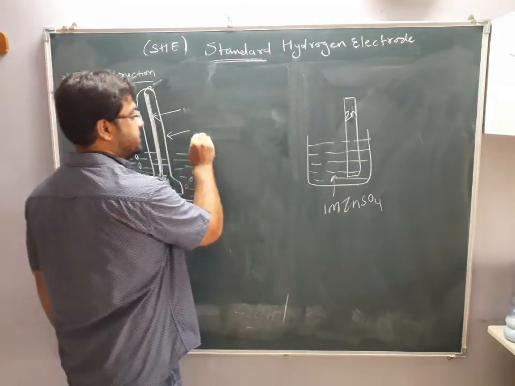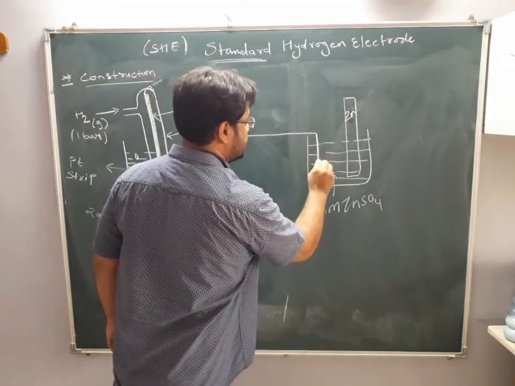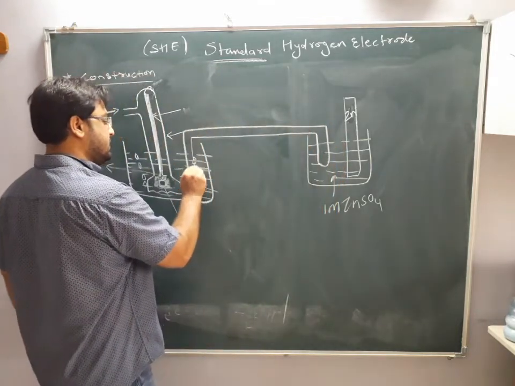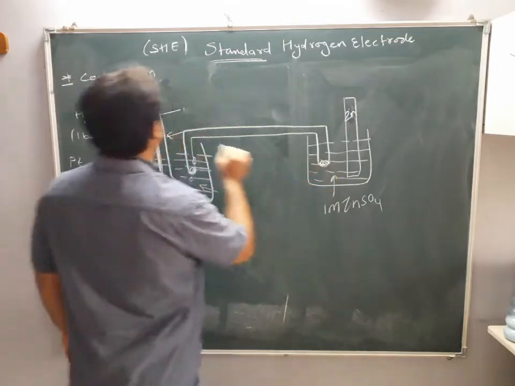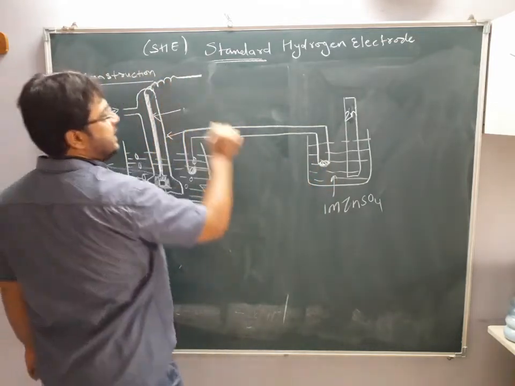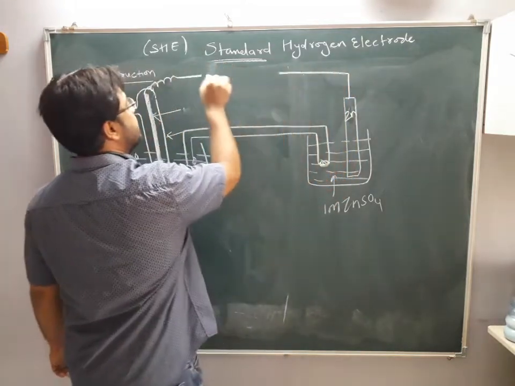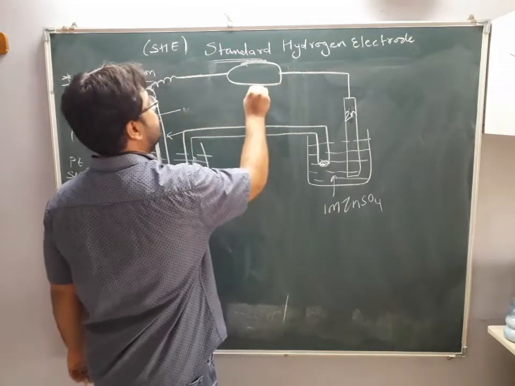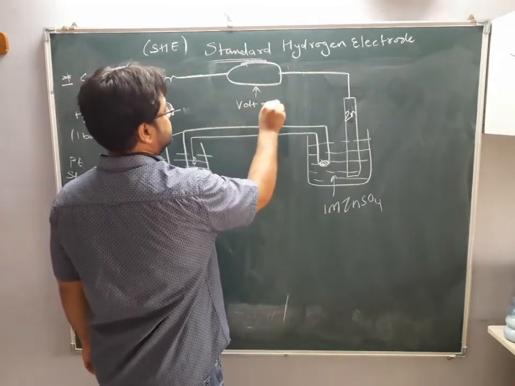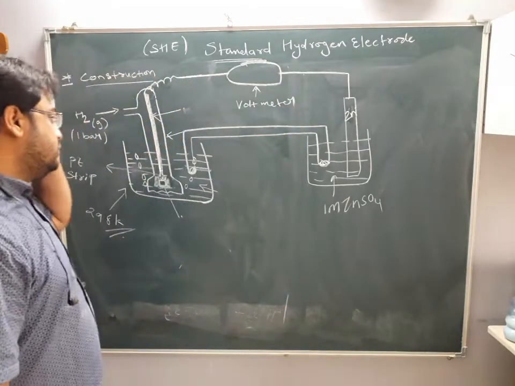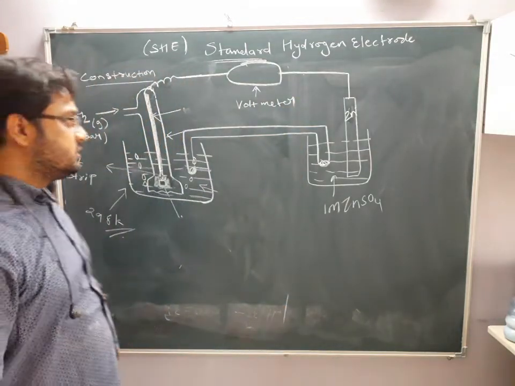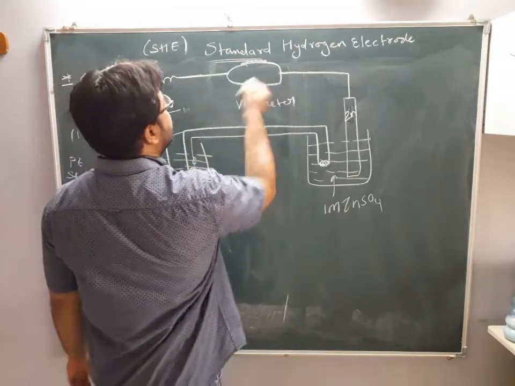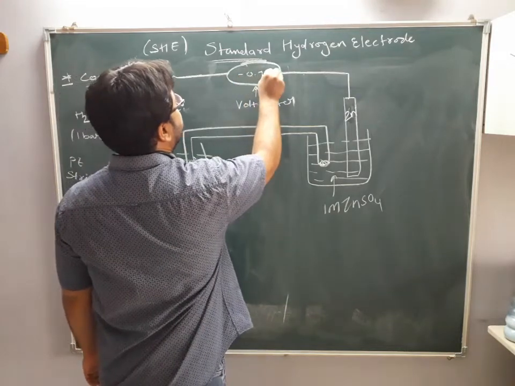I will connect here a salt bridge as we have seen in the electrochemical cell. This is not a new concept for you. Okay, this is everything you know. And I will connect this electrode and this zinc electrode by means of a voltmeter. This is a voltmeter. When I connect, you know the electron will transfer from anode to cathode. Some electron will get transferred. Now as I connected these two, I am seeing the value here blinking is minus 0.76 volt.